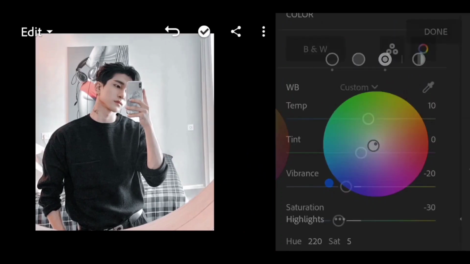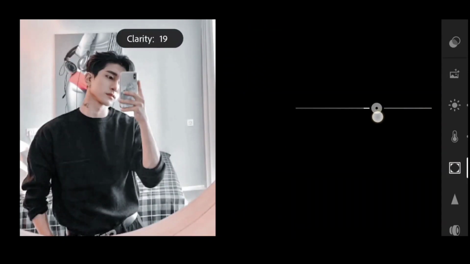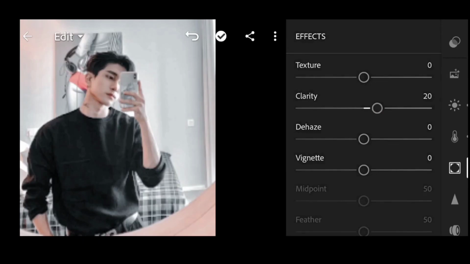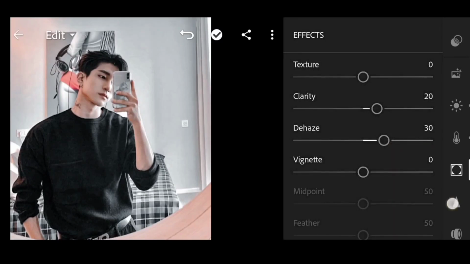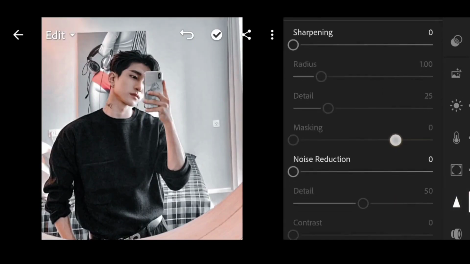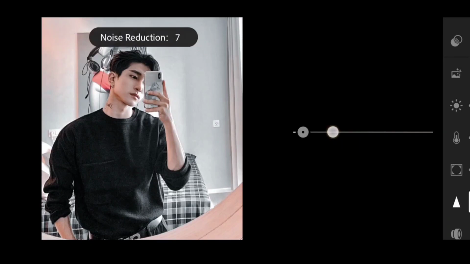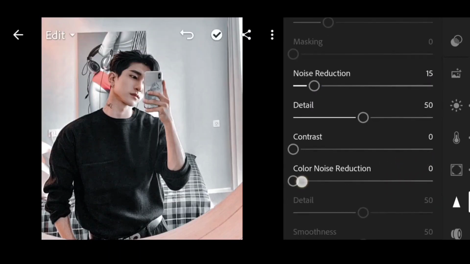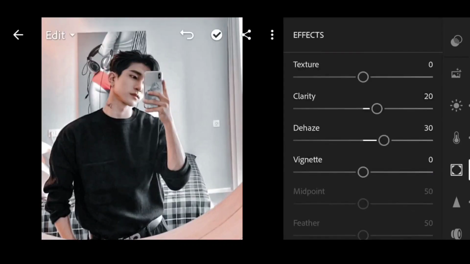It's also done. Go to the effects. Clarity +20. +30. Go to the details. Noise reduction +15. Color noise reduction also 15. It's done. Copy the